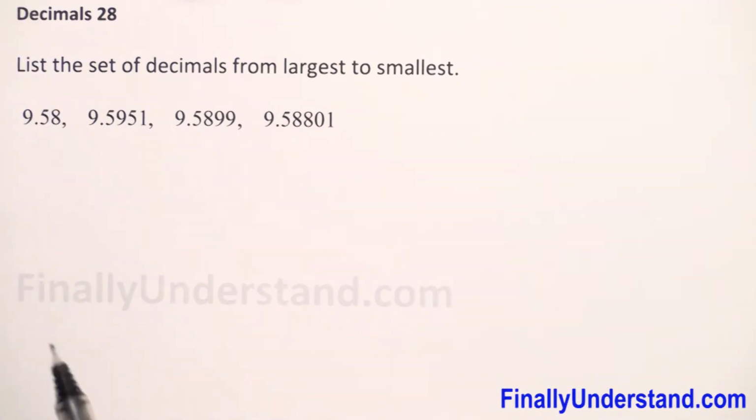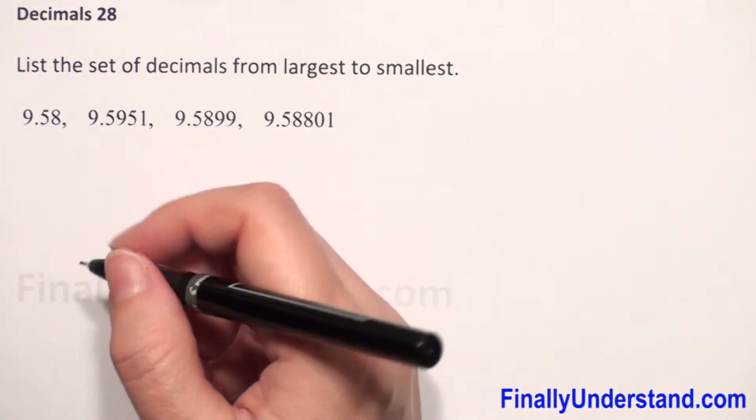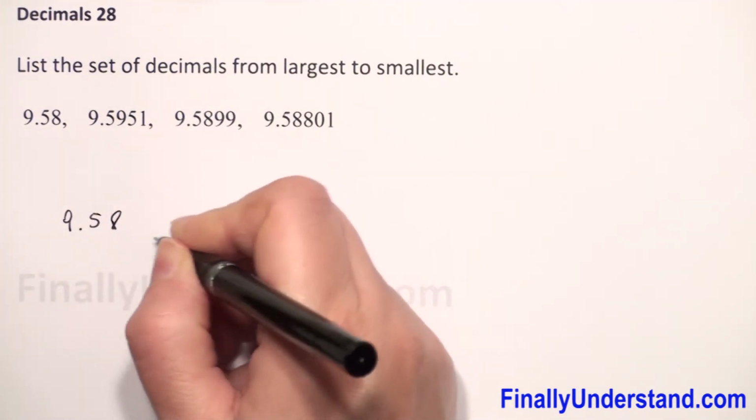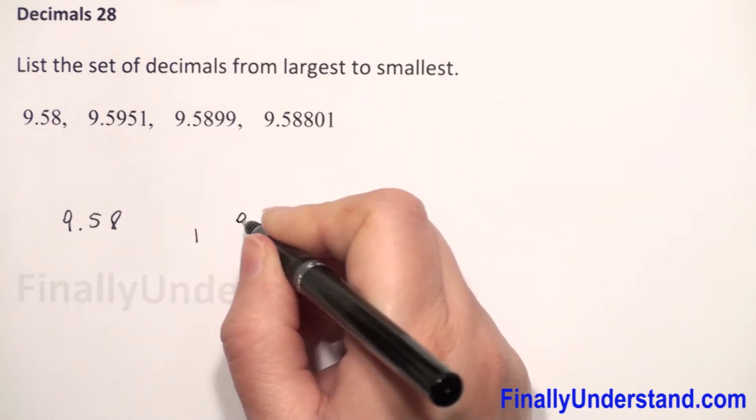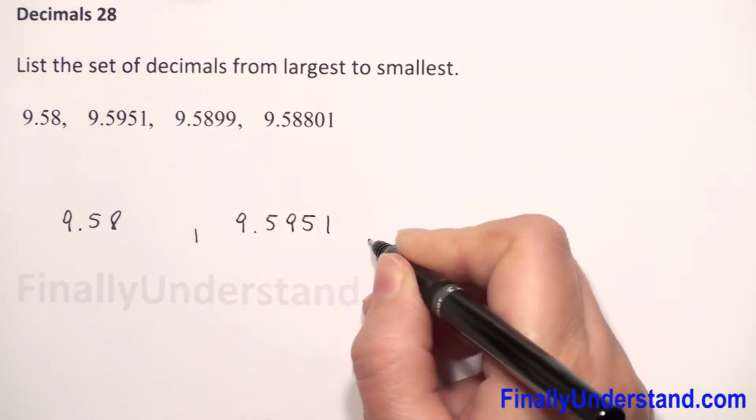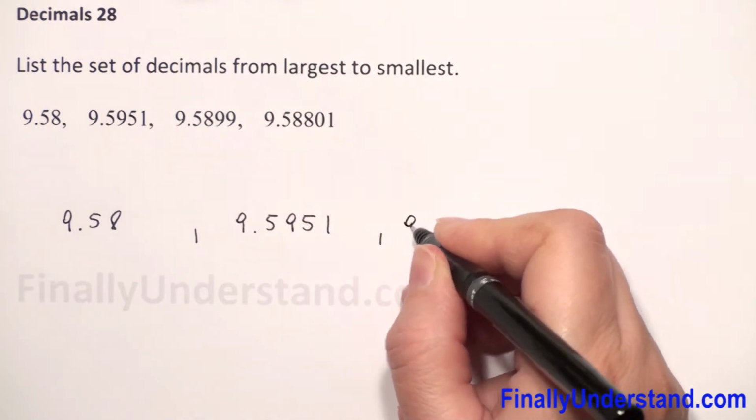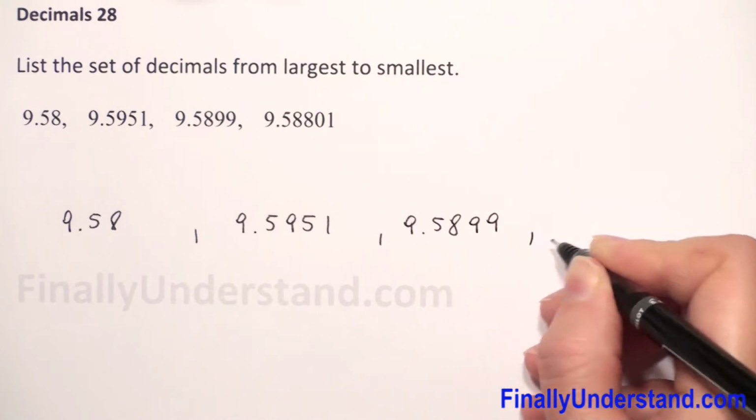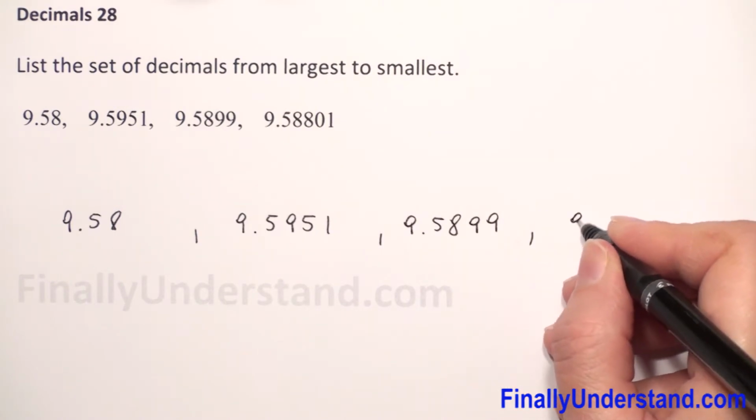We have given 4 decimal numbers. We have to write them from the largest to smallest. So first I will rewrite our 4 decimal numbers. We have 9.58. Next is 9.5951. Next 9.5899. And the last is